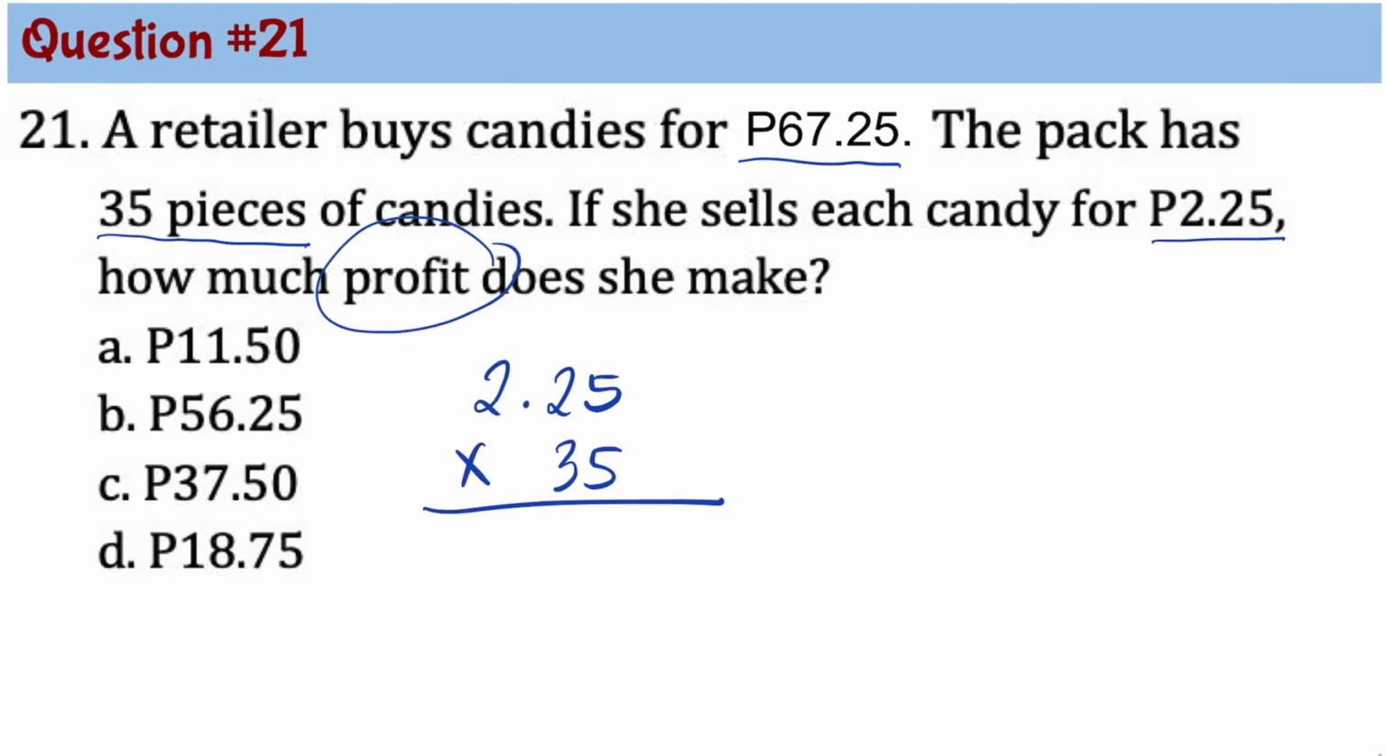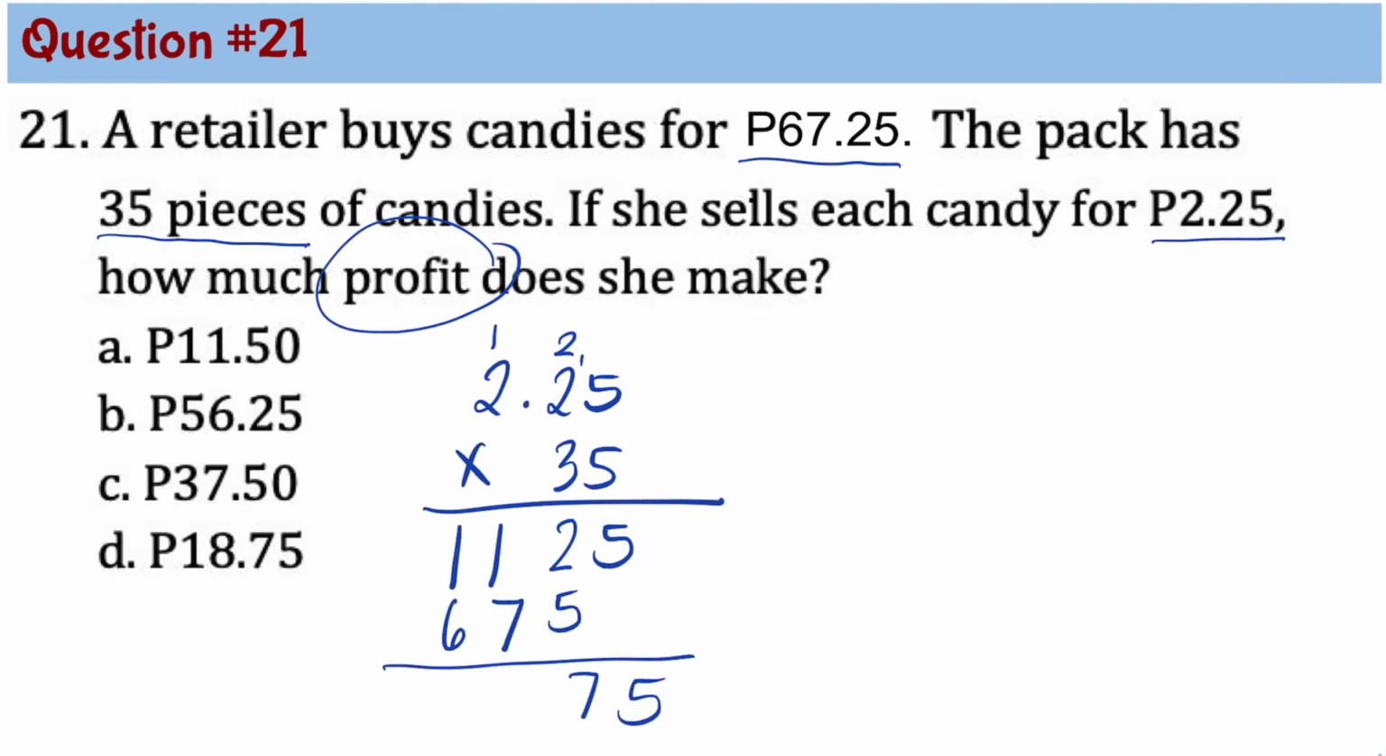So 5 times 5 is 25, carry 2. 5 times 2, 10, plus 2, 12, carry 1. 5 times 2 is 10, plus 1 is 11. Now we need to multiply by 3. 3 times 5, 15. Carry 1. 3 times 2 is 6, plus 1 is 7. 3 times 2 is 6. So we have 5, 7, 8, 78. That means the sales is